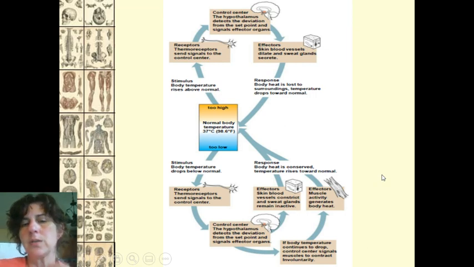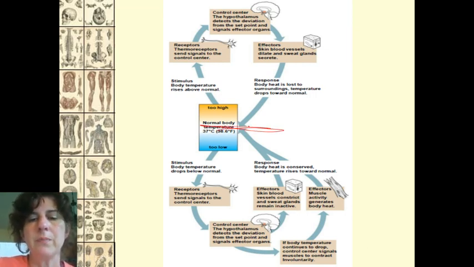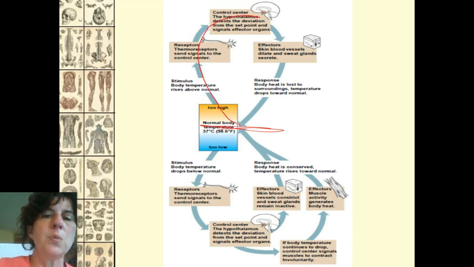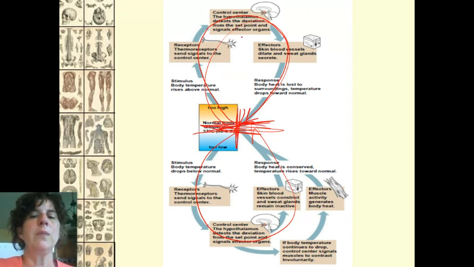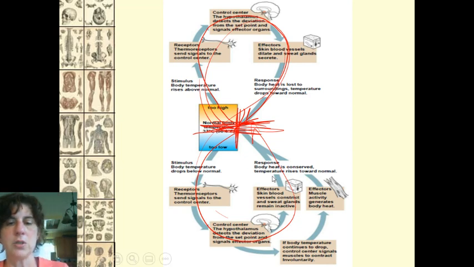So again, I drew this a little bit earlier. So here's my normal set point, 98.6-ish, right? Too warm, I'm going to sweat, bring it back down. Too cold, I'm going to shiver, bring it back up. So we're always trying to come back to this point right here. And so we do minor changes to stay there. Up, down. It's this figure eight sort of look to it.